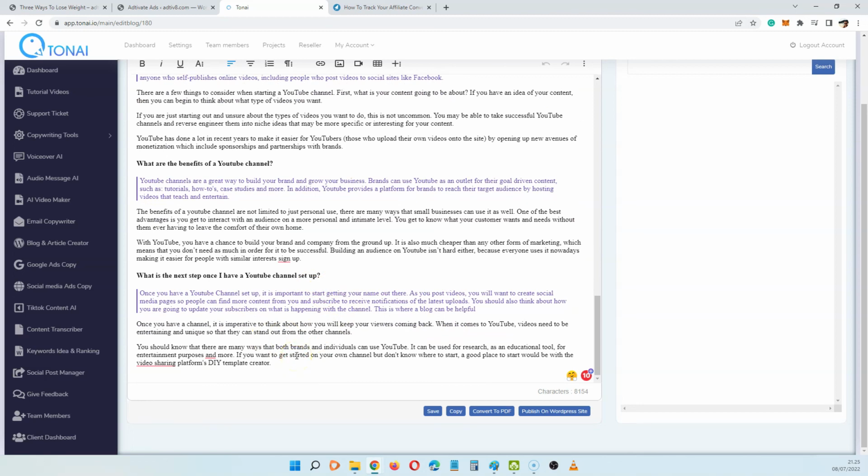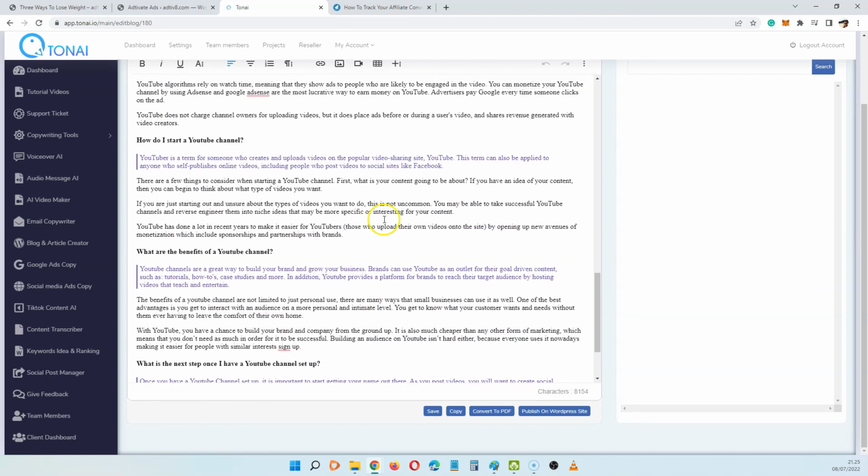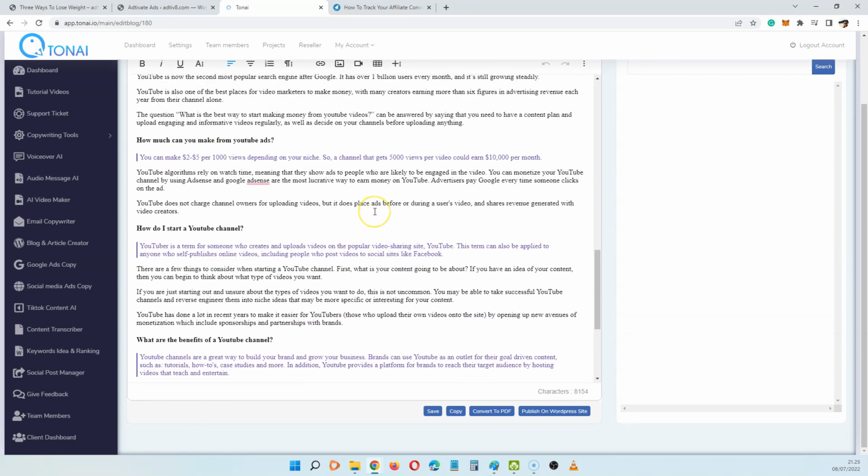And I would highly recommend you to, at the end of the blog post, put some sort of call to action that motivates them to buy some sort of product that is related to the blog post that you just made. And of course, if you use Activate, you can automatically turn any of these words inside of the content here into links that then links to a specific product, an affiliate offer, or whatever it is that you want. And you can actually see down here, you can publish it directly to your WordPress website. So this is going to work great with WordPress as well.